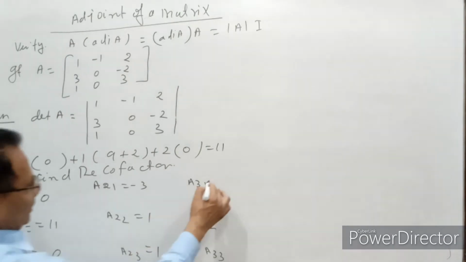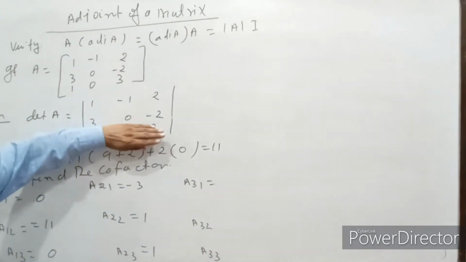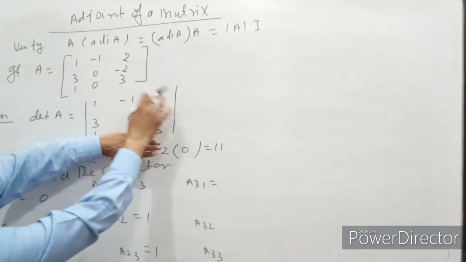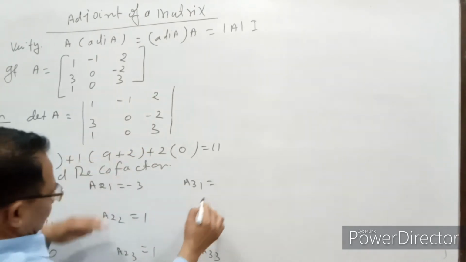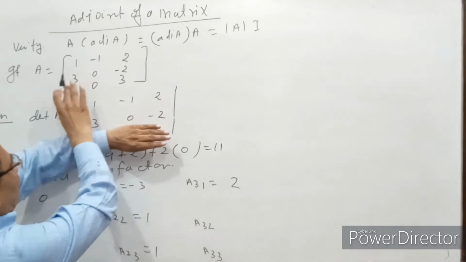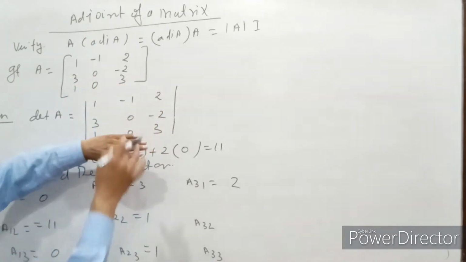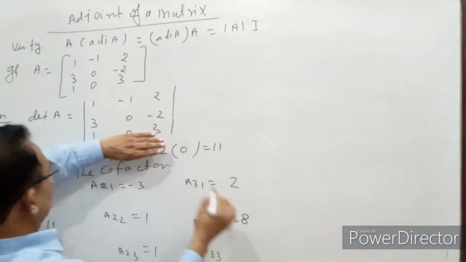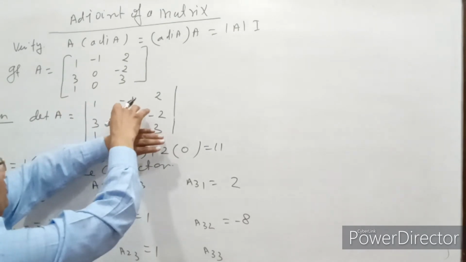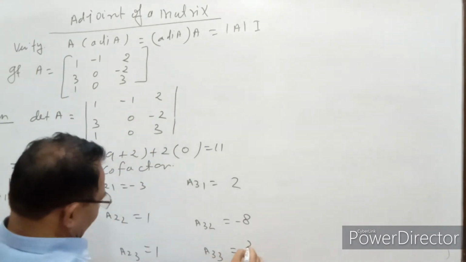नाउ फाइंड द कोफैक्टर ऑफ द थर्ड रो. देखिए कैसे, थर्ड रो हमने छुपा ली, और दैट इज द फर्स्ट कॉलम, तो दिस इंटू दिस प्लस के 2, और दिस 0, और दिस इंटू दिस दैट इज -2 और -6, this is equal to -8, or now this into this 0 or -3, that is plus 3.